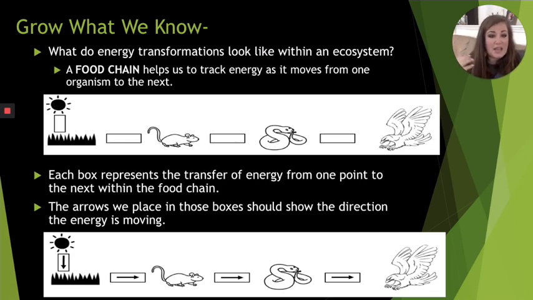the bottom. The example at the bottom shows that the sun gives its energy to the grass. When the grass is eaten by the mouse, the grass's energy goes to the mouse. The mouse gets eaten by the snake, which means it gives its energy to the snake. And then the snake eventually is going to get eaten by the eagle, which means that snake's energy goes directly